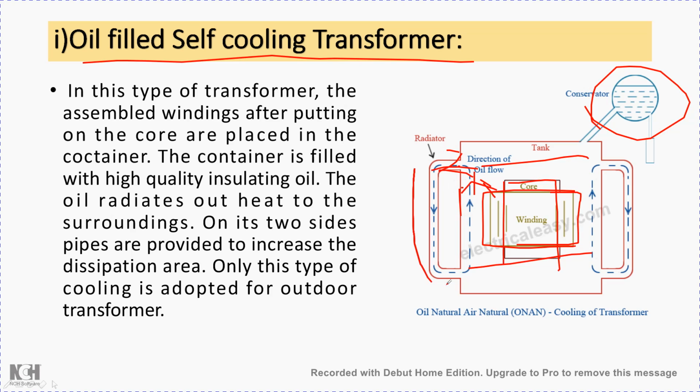Now when it goes through the outside tubes, it will get cooled, and again the cool oil will come here, and as it gets heated up, it will continue. So in this way, from this side and from this side, continuous oil circulation will take place due to the natural process of heat convection. Because of that, the transformer cooling will also take place. So here no external setup is used for cooling of the oil.